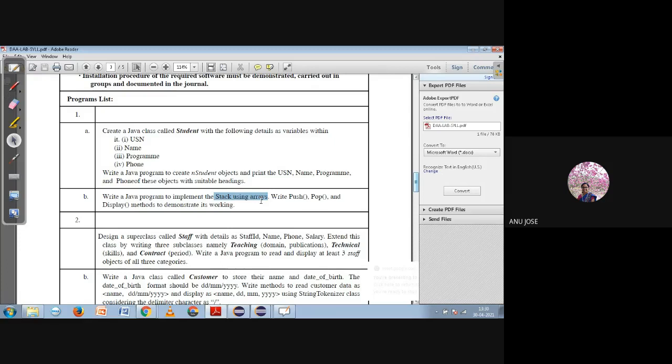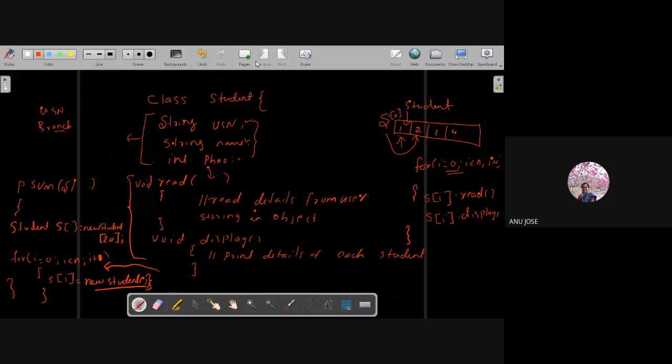As you know, it will have functions like push and pop. Those are the major functions, and the display function is just to indicate the current status of the stack and demonstrate its working. That was the question. You can do this program without even my help. If you understand the previous class concept, you can write this complete program. Please start telling me how I can implement the stack operation.